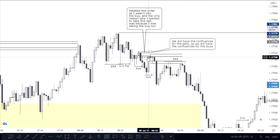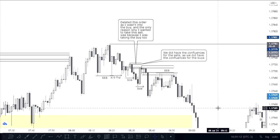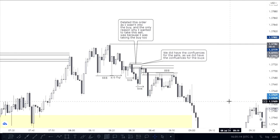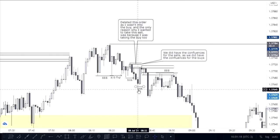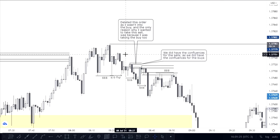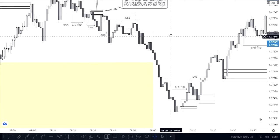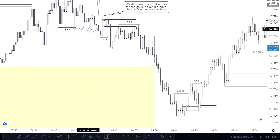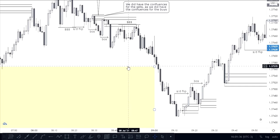I was going for the open of the order block, which would have triggered me for sure. And basically, that would have worked out amazingly with a pretty good take profit. But it is the way that it is. I mean, I could have left the trade, but I kind of had in my mind going for both of them, and yeah, I've actually missed probably 3 trades on the past few weeks, just like this, where I was thinking of going for both. I wasn't triggered on the first, so I just deleted the second,